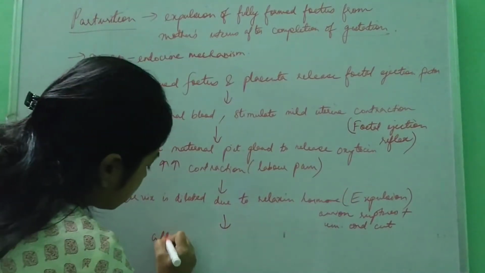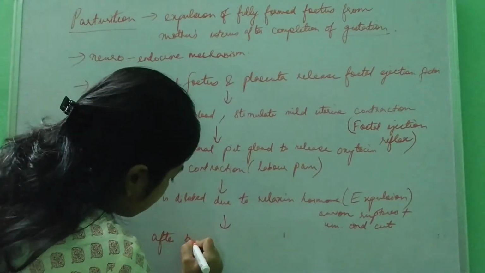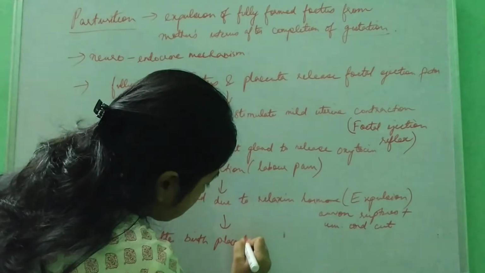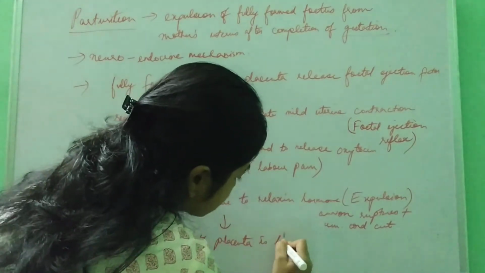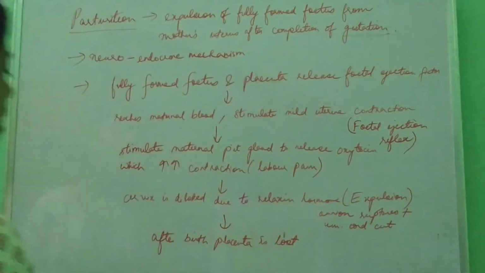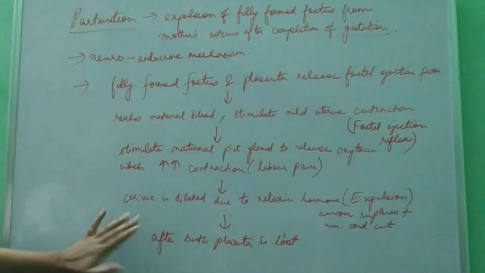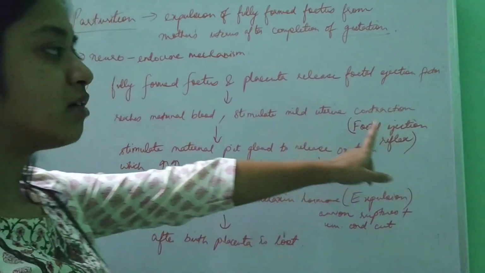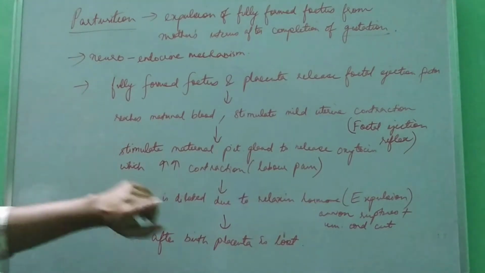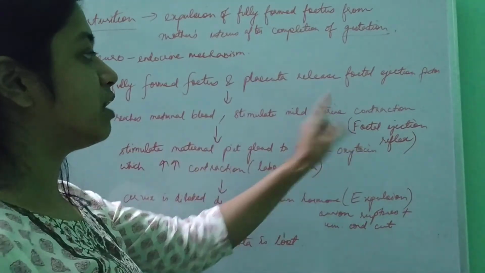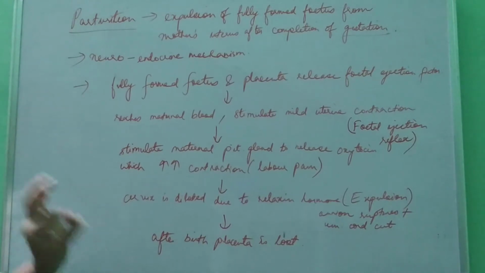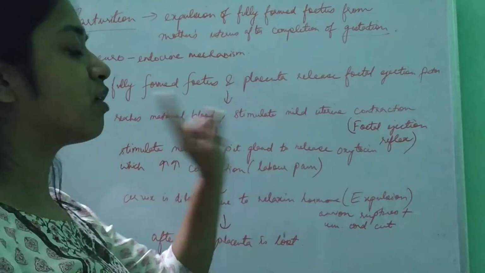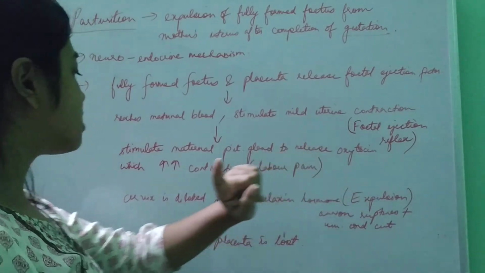So after birth, what is lost? What do we not need? Placenta is lost. We don't need the connection anymore, so placenta is lost. So this is the neuroendocrine mechanism. The fetus and placenta will release a factor, fetal ejection factor, that will reach the maternal blood. It will stimulate very mild uterine contractions. That is the reflex. So that will stimulate the pituitary gland of the mother to release oxytocin hormone, which is